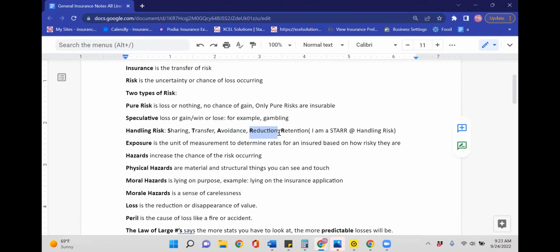Reduction is wearing a mask so that you don't get sick. Okay, you're trying to reduce the chances that you get sick. I love how many examples COVID has given me now for teaching that we didn't have before. So anyway, reduction is you're trying to reduce the chances that you get sick. So avoidance would be like, I'm never leaving my house. Reduction will be, I'm going to wear a mask and wash my hands. I have to leave the house. I can't avoid everything, but I'm going to try to reduce the chances that I get sick. That is reduction.